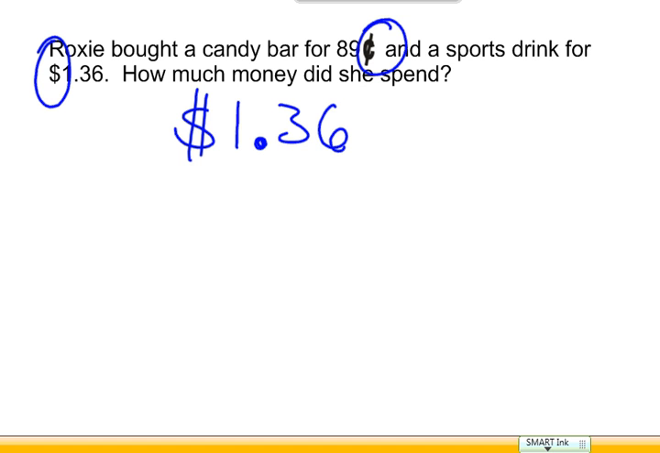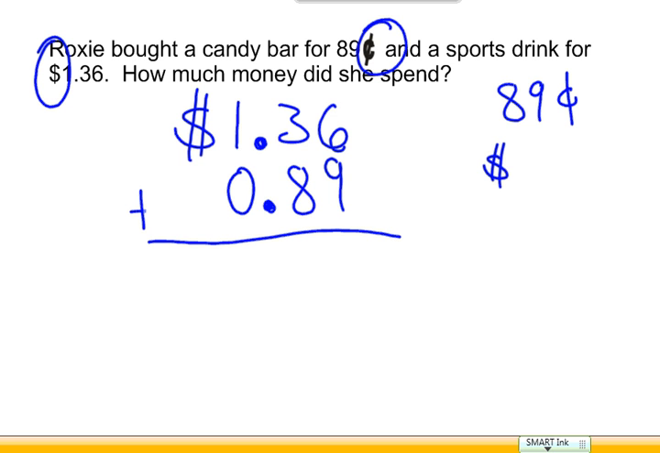I'm going to stick with the dollar symbol because that makes a whole lot more sense. And that means I need to take this 89 cents and turn it into a decimal, which of course would look like this. And now I'm able to do this addition to figure out how much money she spent. Decimal goes straight down, and we have $2.25